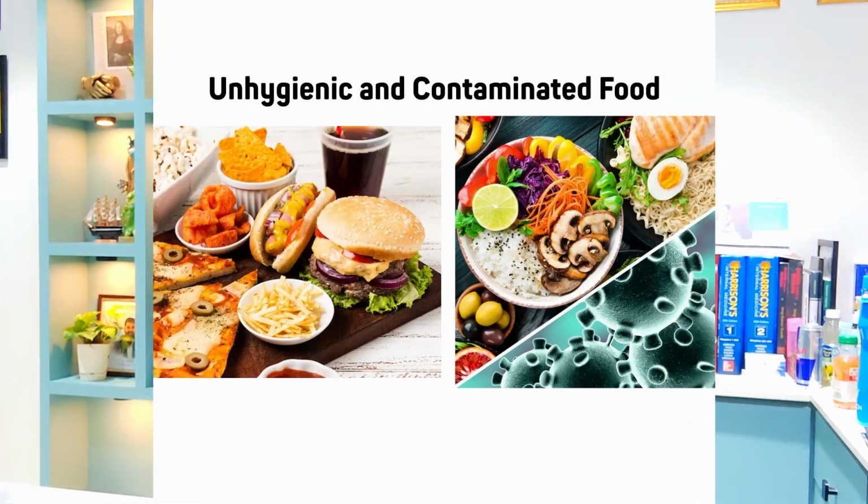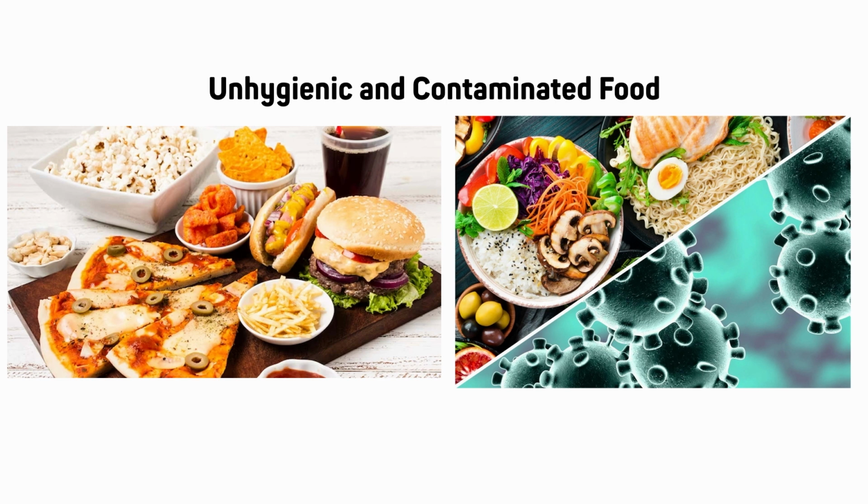in detail. Talking about the lifestyle changes, one has to be very strict about intake of cold foods, unhygienic and contaminated food, because they are one of the most common triggers that can cause tonsillitis. Now this especially occurs during changing seasons, and this is the time where the patients have to be more